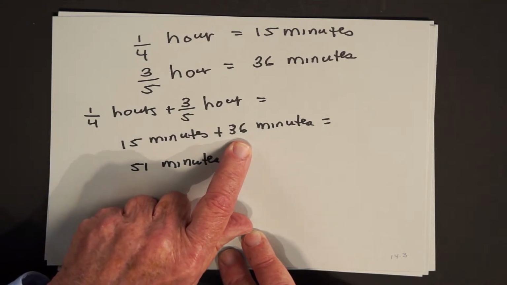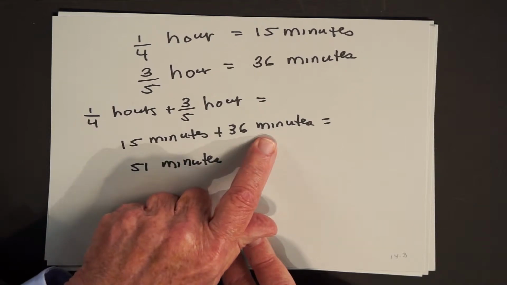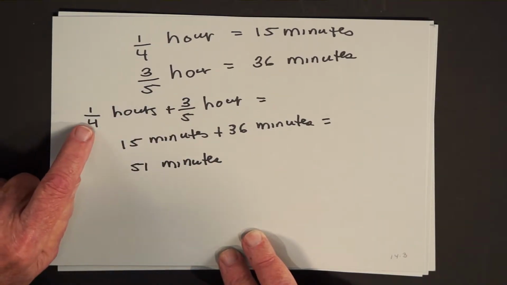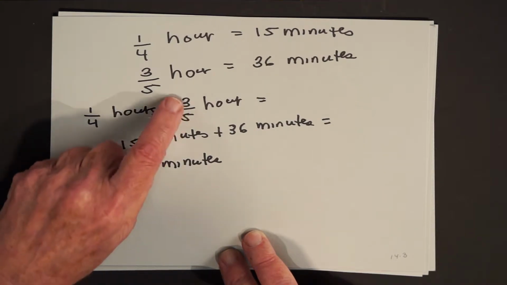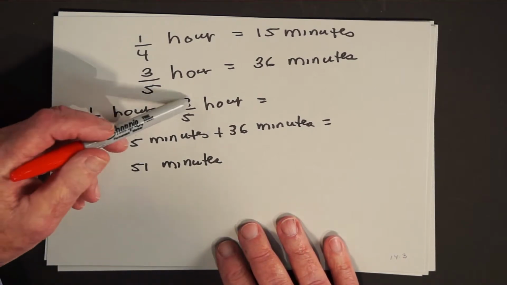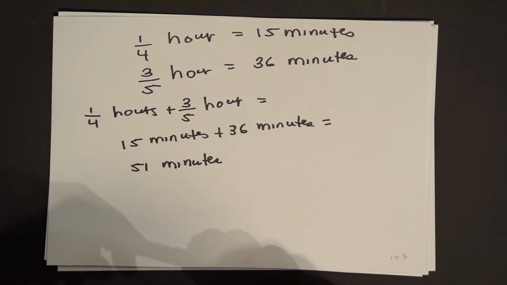Why can I add them here? Because they're modifying the same noun. Why couldn't I add the 1 and the 3 here? Because the 1 was modifying fourths and the 3 was modifying fifths. I had to find a common denomination, and I was lucky enough that that common denomination was 60, and 60 reminded me of the number of minutes in an hour. So the answer to the problem would be 1/4 of an hour plus 3/5 of an hour is 51 minutes,